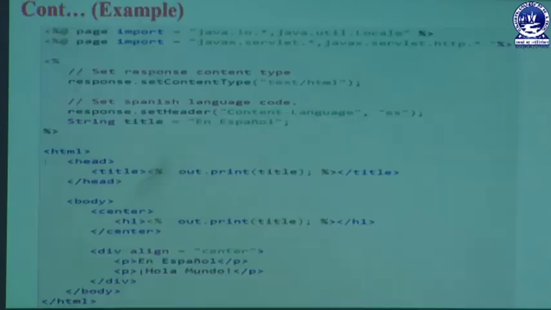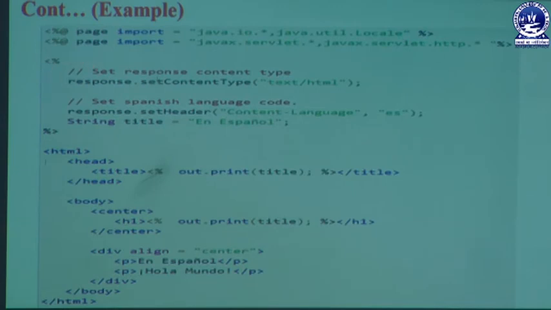Next we are going to discuss the different language setting formats used in our JSP part. In this way we can also define two packages. Similar to the previous program, the same IO package and util locale package are also used in this program. Next we are defining two Servlet packages, the Servlet package as well as the HTTP Servlet package. And it must be written within a scriptlet tag.